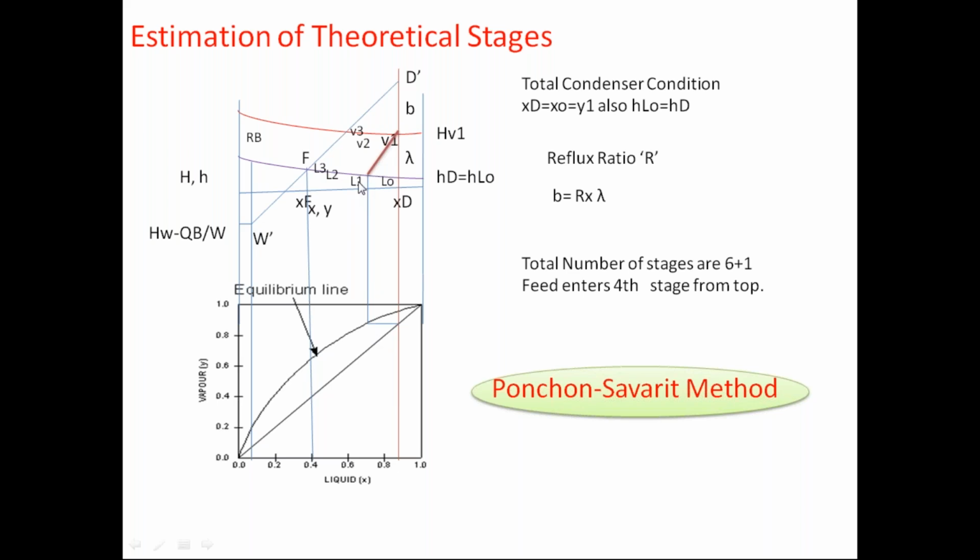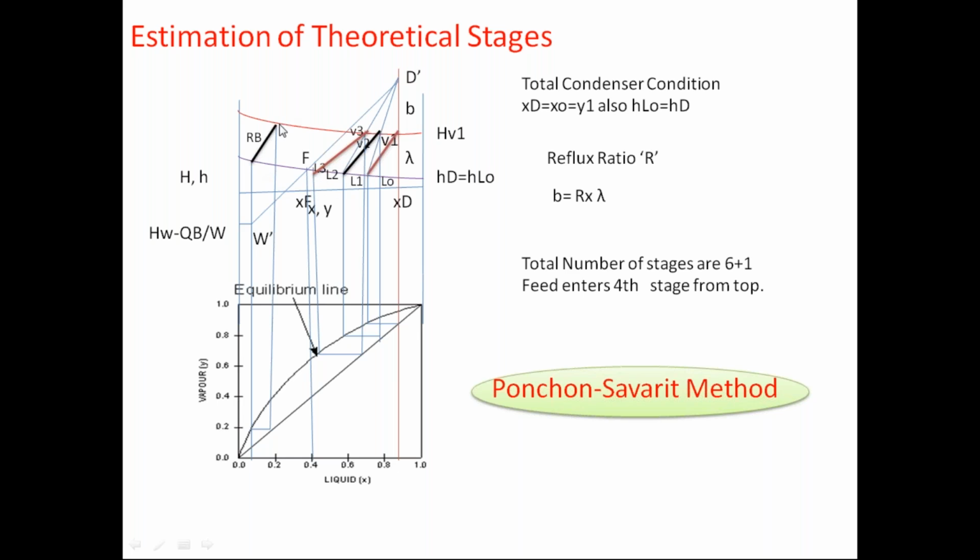So this is the first stage. Then this will come, the operating line for the second stage. Then you will come down here, go here, then you are coming. So this will be the second stage. Then again you draw the operating line. Then the third one, it will go here. So coming to this one, L3 will be obtained. So this is the third stage which you can draw, and you can also draw one more line,